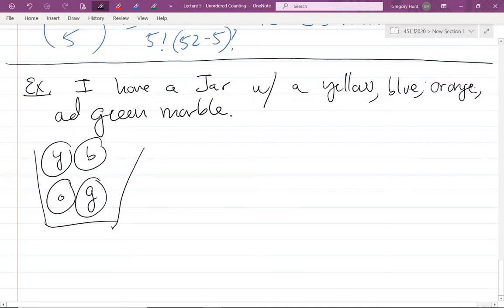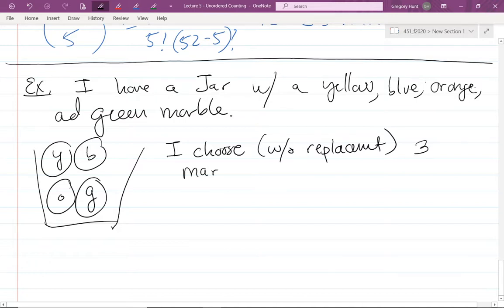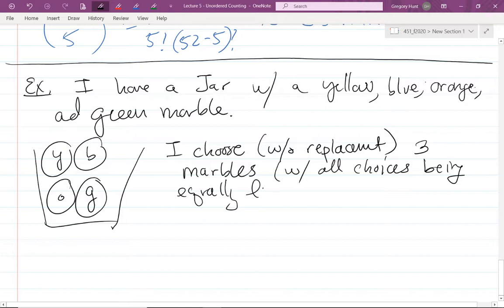And the question is, if I choose without replacement from this jar 3 marbles, and I could say at random, so that we can assume all choices are equally likely,